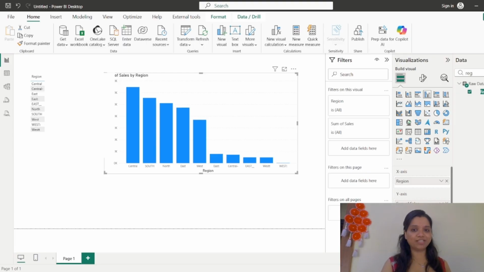So 3 separate bars for the same region and your report is there. It looks beautiful, but the numbers are lying to you. So this is what we call data that is not BI ready. And today we are going to fix exactly this. So the rainbow Excel file that we have seen looks so pretty, but it needs some cleaning and transformations. So that is what we are going to do in today's video.